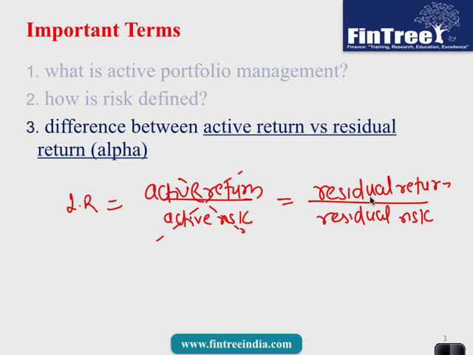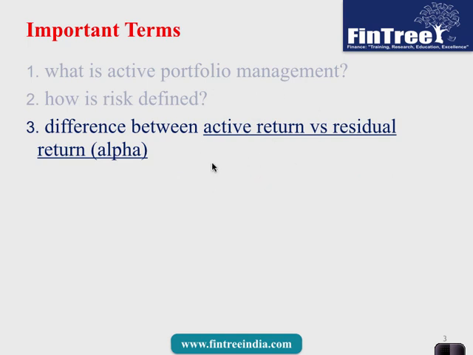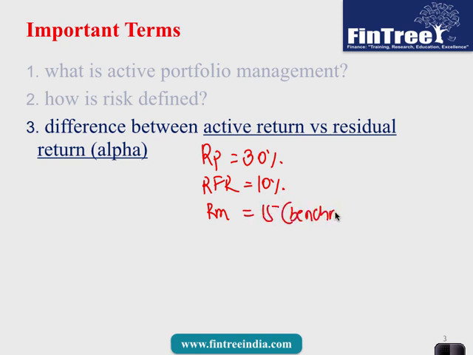And therefore for us it is important to be able to distinguish between the meaning of active return and residual return. So in a hypothetical scenario, let us say the return on the portfolio that a particular manager has been able to achieve is 30%. The risk-free rate of return is 10%. The return on markets is 15%, which is also the benchmark. And the beta of this particular portfolio was 1.5. Then first we will say